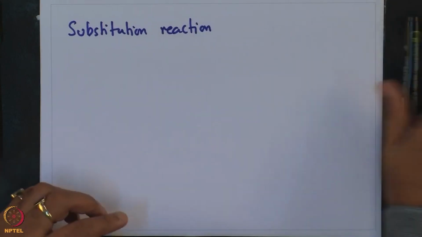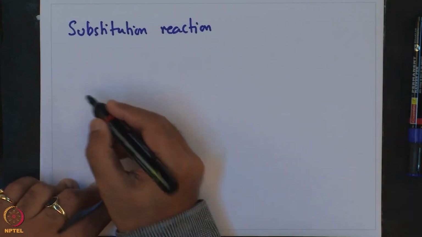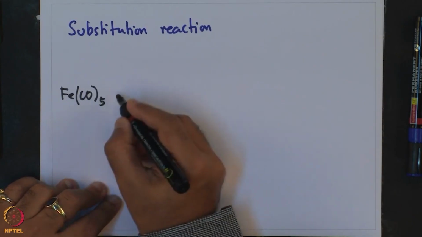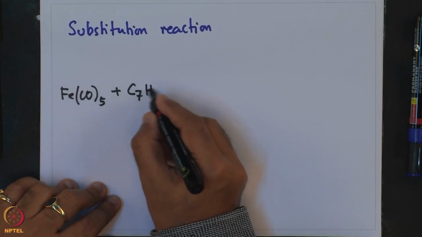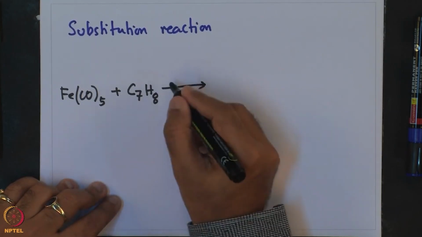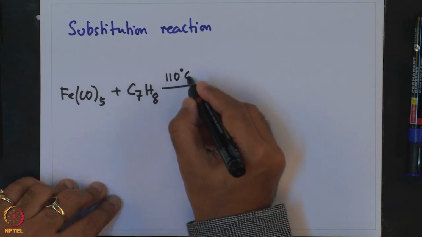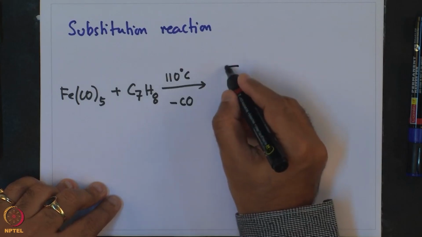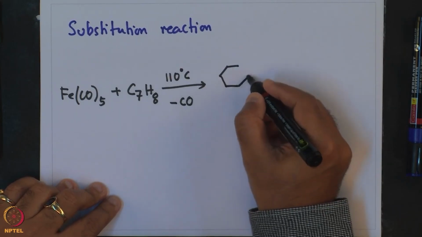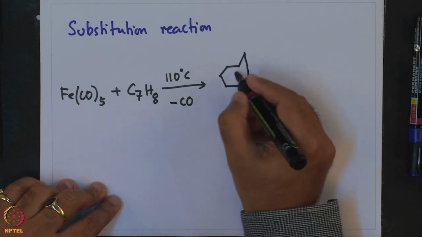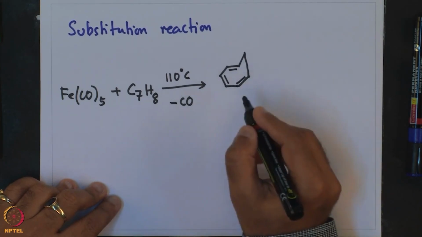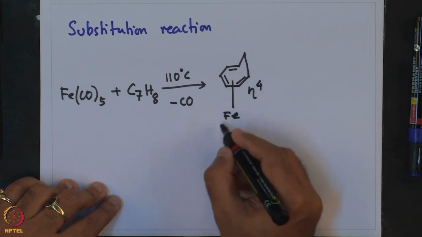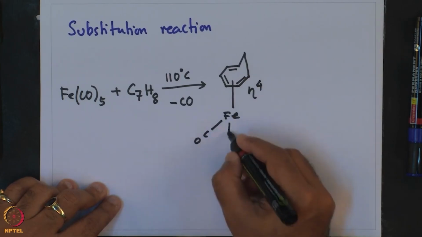So, the reaction is given over here: Fe(CO)5 plus C7H8, upon heating at 110 degree centigrade, eliminates a CO to give this C7H8 complex, which is bound in an eta 4 fashion to Fe(CO)3,